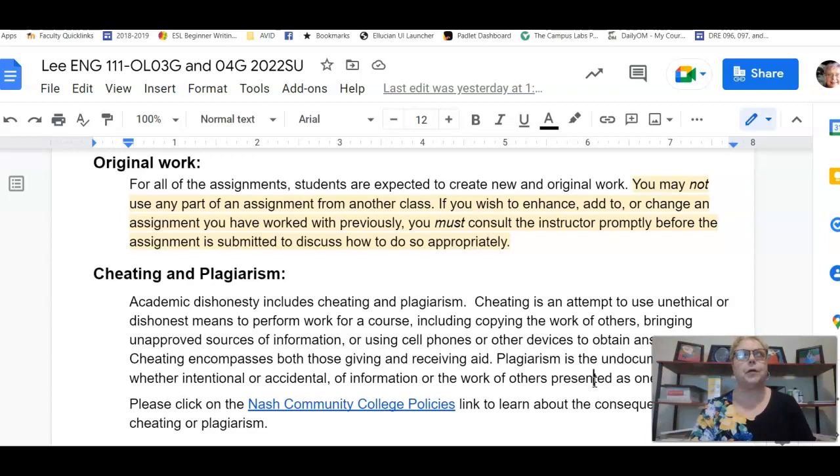Just because you've done it before does not mean that it will fit the assignment that I've given you, or that I would even give you permission to use that, because I'd rather see where you are now in your writing skills. So do your